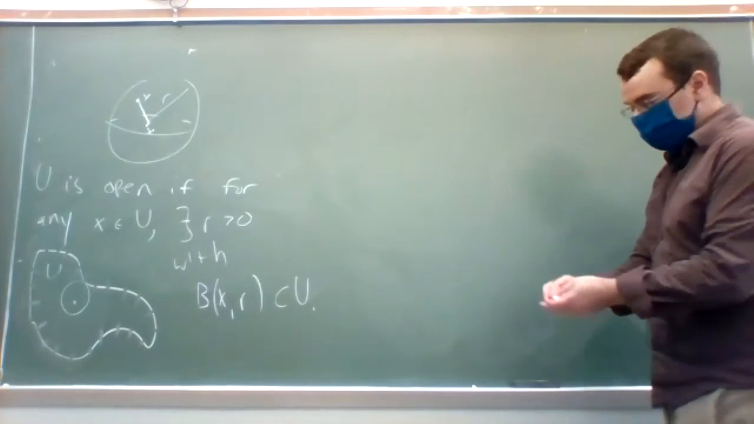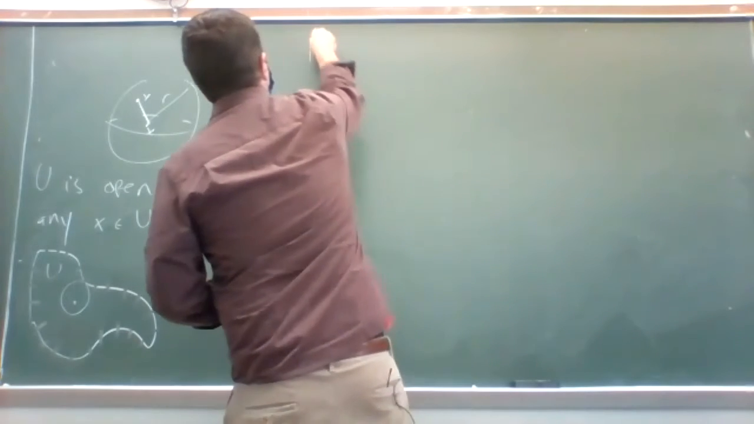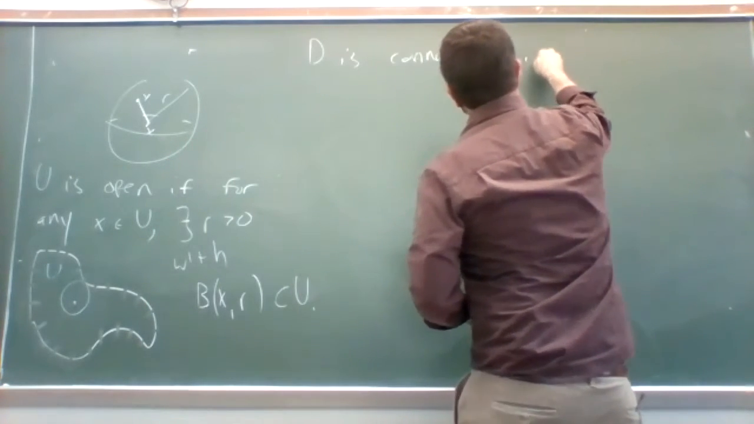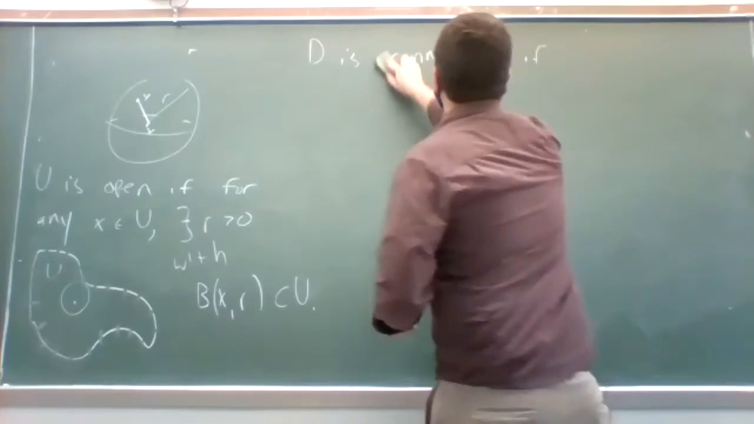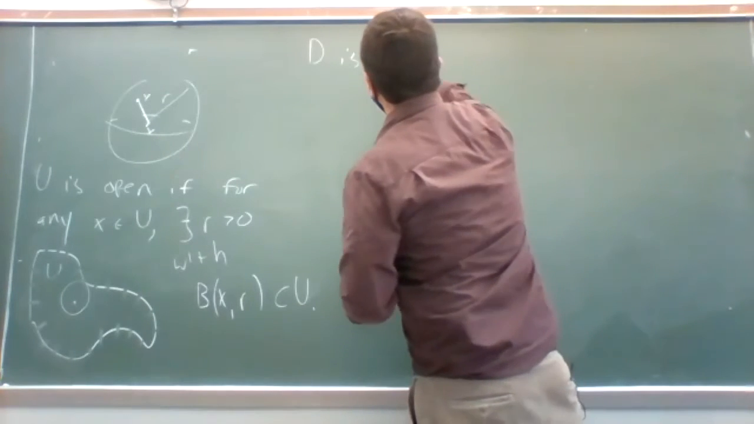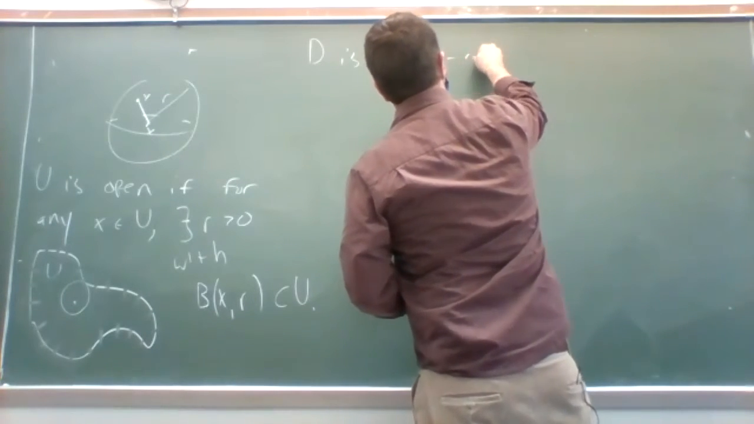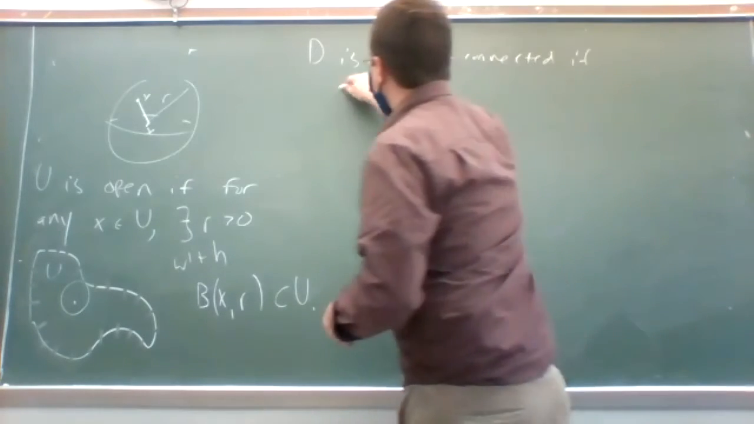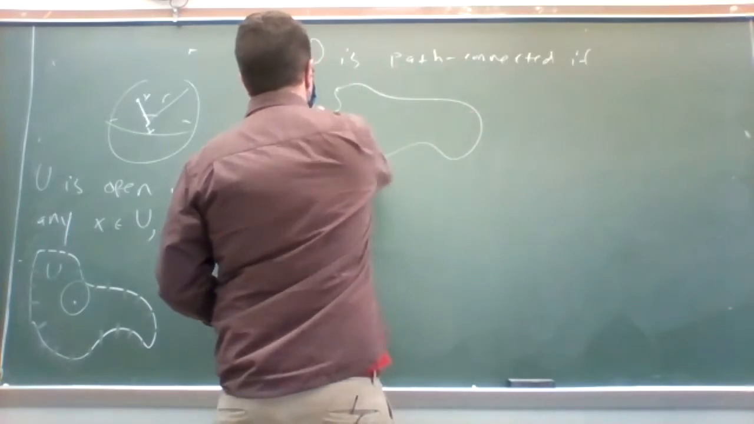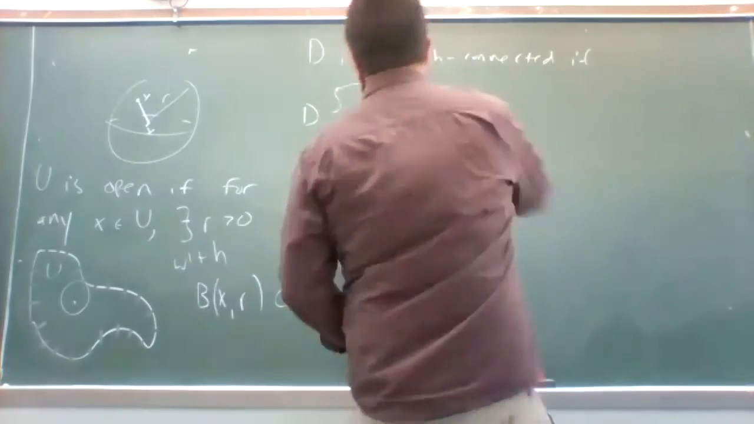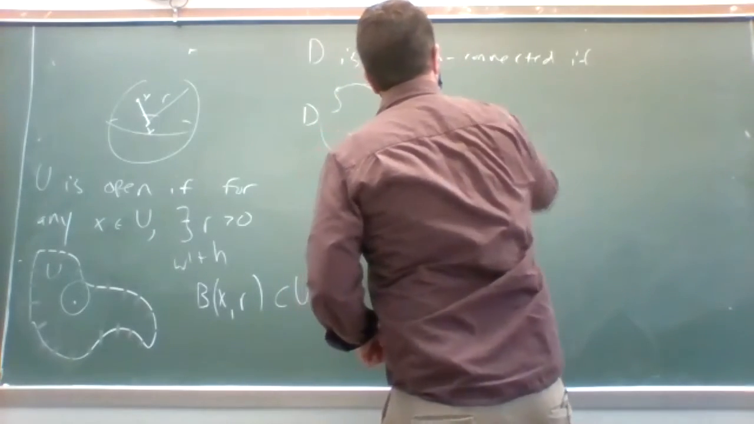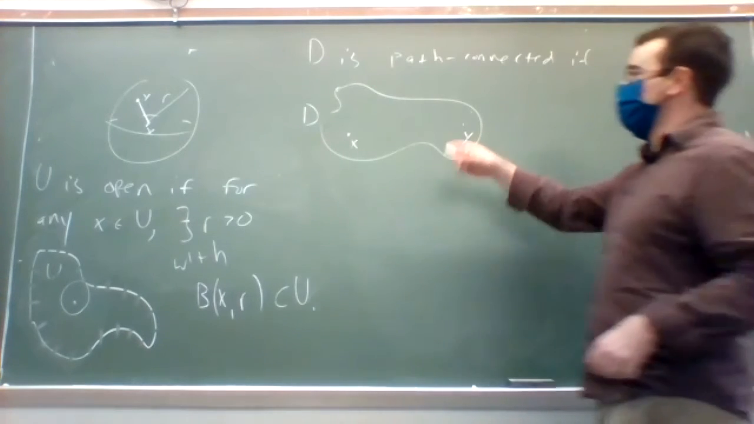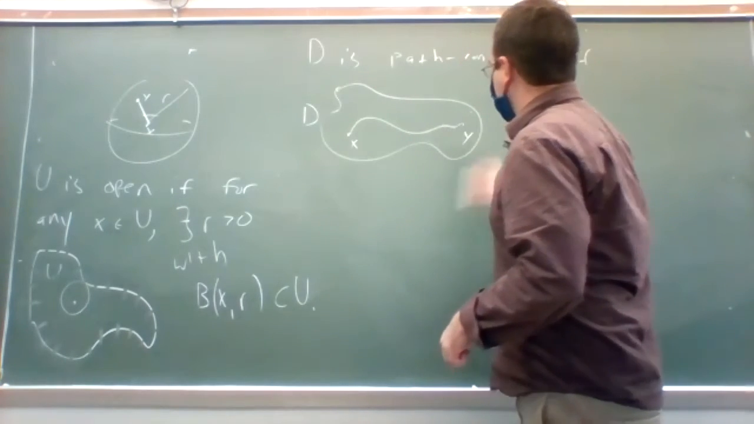What does it mean to be connected? Well, actually, what I'll do is this way. A set is path connected if, so here's your set D, for any two points inside that set, there exists a path